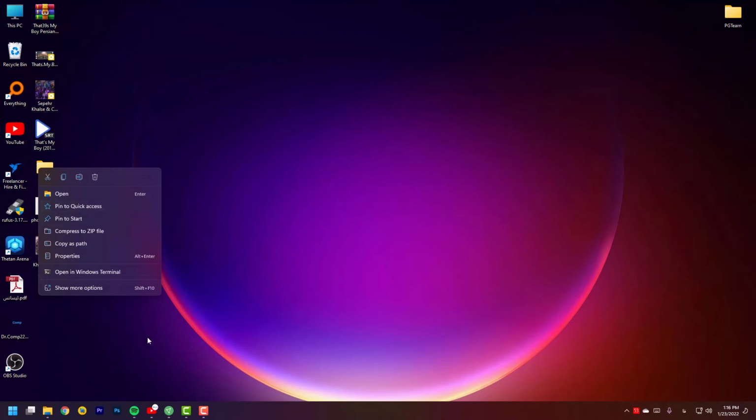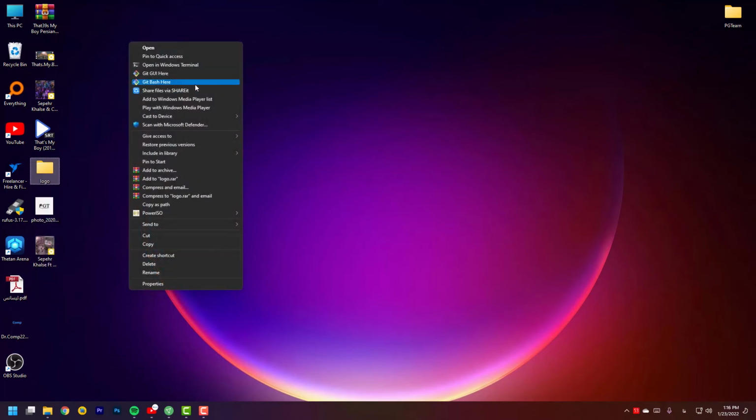I didn't see the Windows 10 options and all of the options. I press on that, I see this: Open, pin to quick access. These are for Git, share it, these apps that I have. Scan it with Microsoft, add to archive,